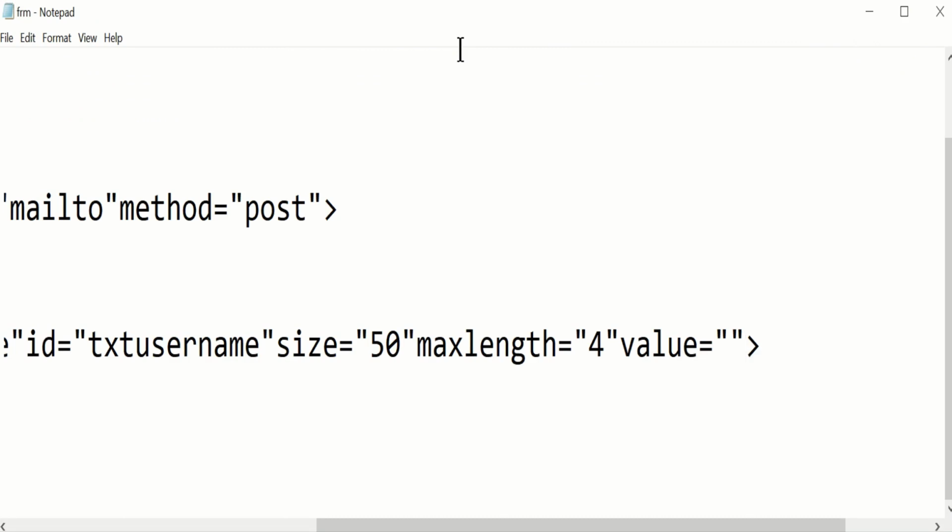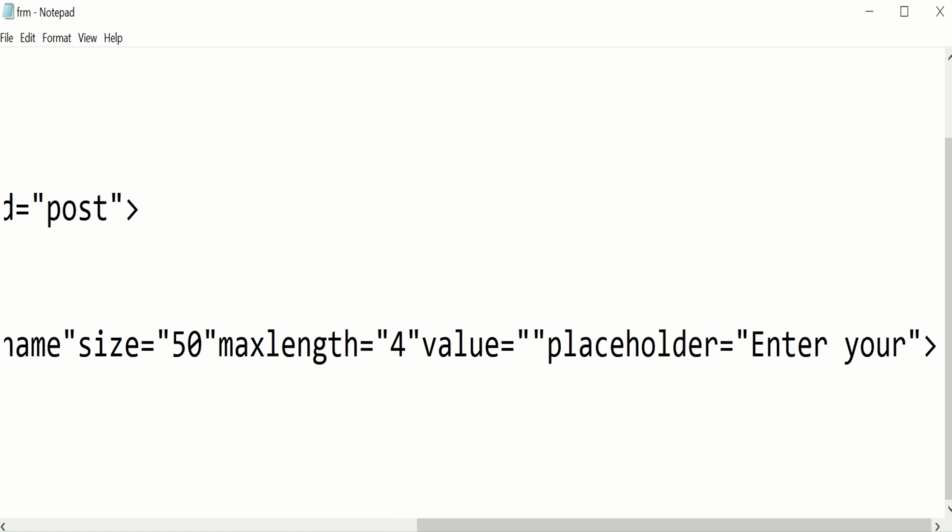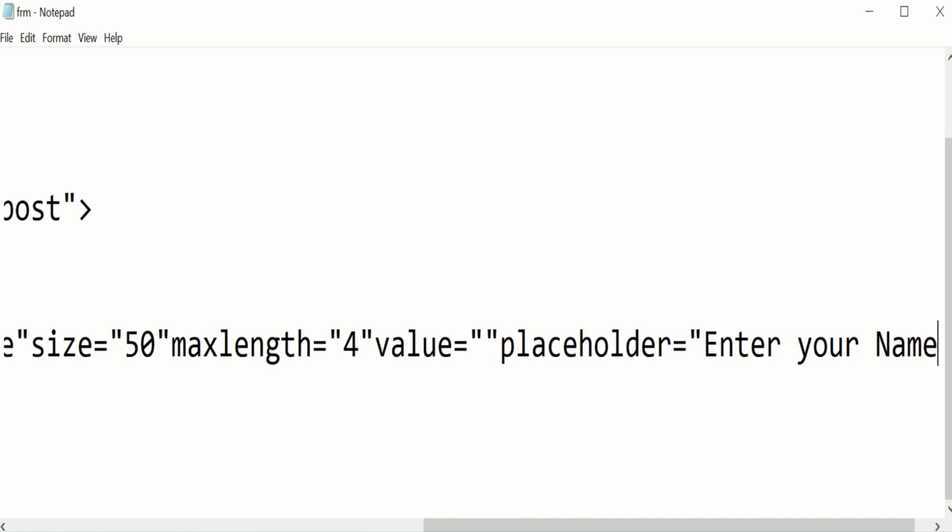Next attribute is placeholder. The placeholder attribute gives just information to the user about what they have to do here. If I give a value inside the placeholder, for example typing "enter your name", that will be displayed in a gray color in the text box. So it will give information to the user. Save that,